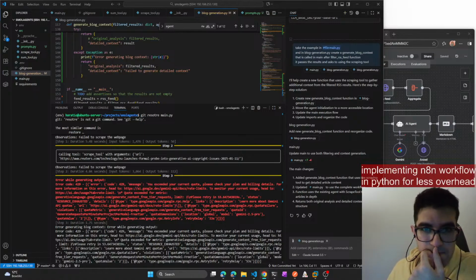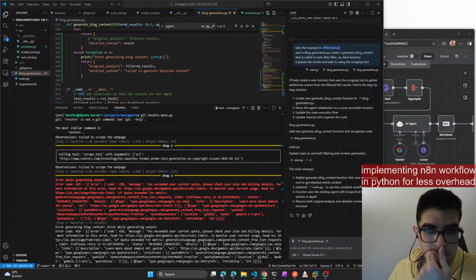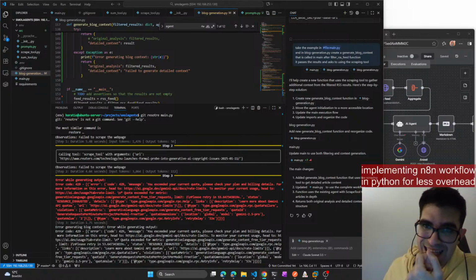API keys. Manage API keys. Use API keys to access the API. With credentials, yeah.